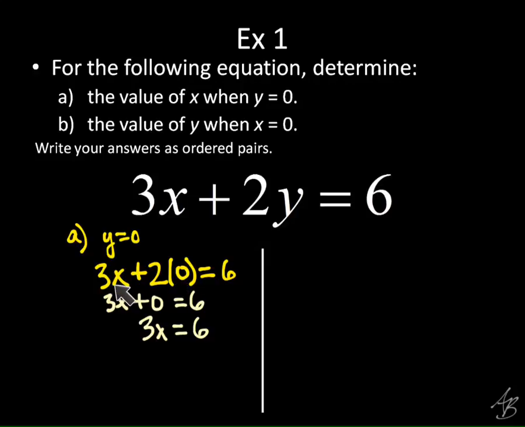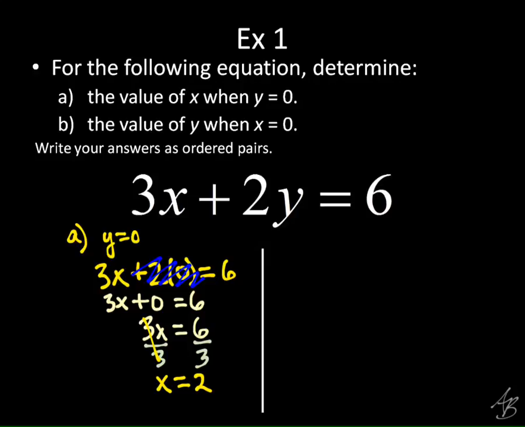Basically, what's going to happen here when I put 0 in is this part right here just goes away. It disappears, right? Does that make sense? So this equation then just becomes 3x equals 6, and the y part goes away. We'll look at a shortcut for that later, but let's finish solving this real quick. If I want to get x by itself, what do I need to do? Divide by 3 on both sides. So when the 3's cancel here, we get x equals